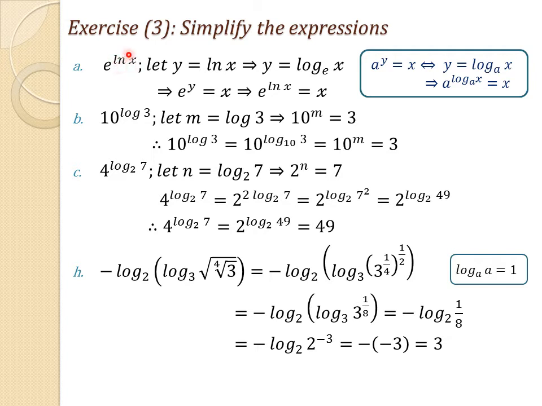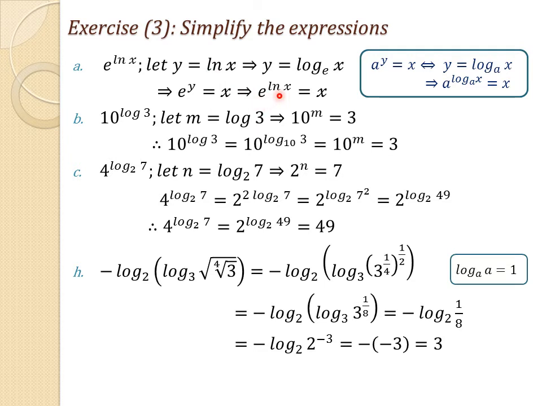Now we will work on the exponent. We will say ln x equals y. This is now a logarithmic form. The ln is the natural logarithm, so this is logarithm with base e. So y equal logarithm x base e can be written in the form e power y equal x in the exponential form. Now what is y? y is ln x. So e power ln x